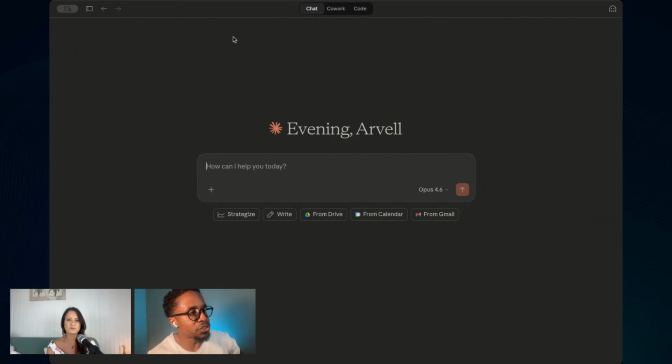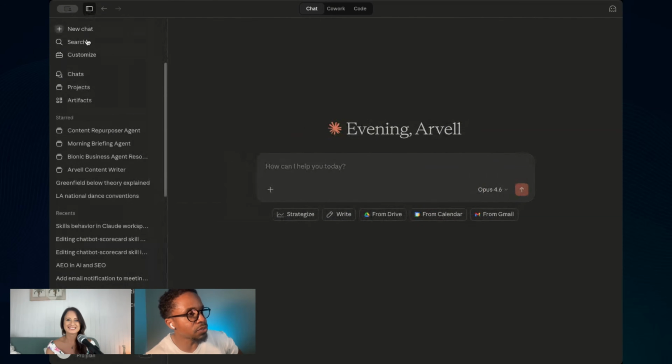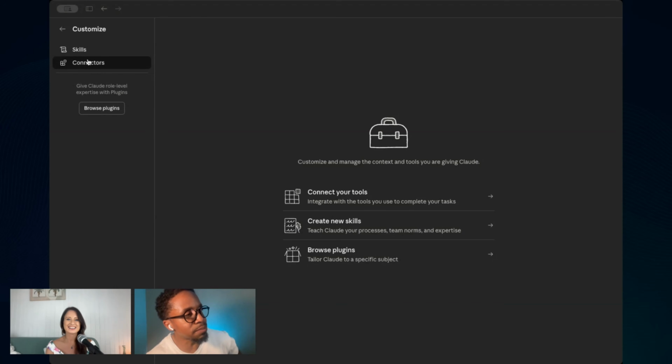But let me go into the chat side. I've got the side menu closed. You can see here on the left, kind of like ChatGPT, past chat history, some starred conversations and projects. In the customize area, and I think this just changed a few weeks ago, so who knows what it'll be weeks or months from now, you click on customize and you can see connectors, which is the way it can connect to your Gmail, Google Workspace, Slack, and other tools.